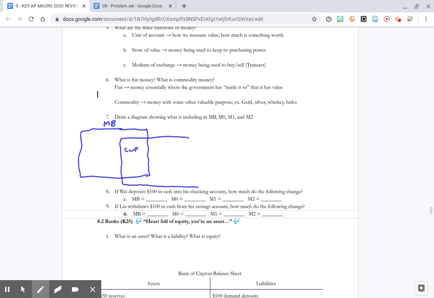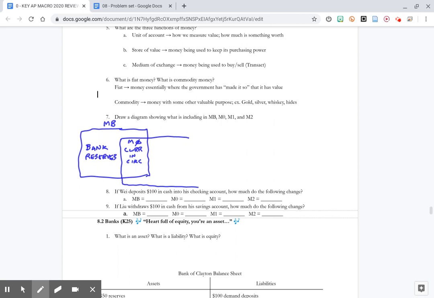So we have currency in circulation. That would be money that's out and about in your wallet and things like that, cash in circulation. We actually call that M0. So we've kind of taken care of two things here, but monetary base also includes bank reserves. The reason that we break out monetary base is because it's the money that can be directly controlled by a central bank, because a central bank could change how much currency in circulation there is, and they can change how much banks keep in their reserves by using open market operations.